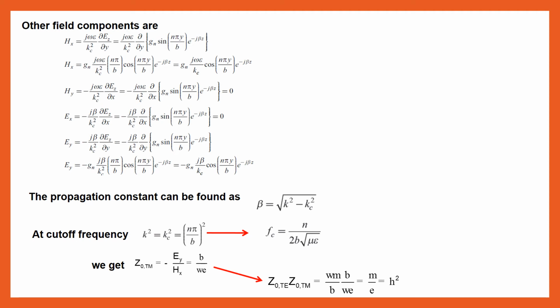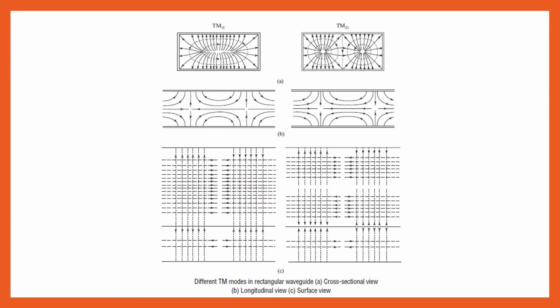Basically, the cutoff frequency, the cutoff wavelength, and the phase and group velocity can be identified with the help of the transverse and the tangential components that we're going to derive in the next lecture. So the next lecture is more of an analysis view in terms of the field components that exist inside the rectangular waveguide. After that, on the basis of the equations that we derive, we're going